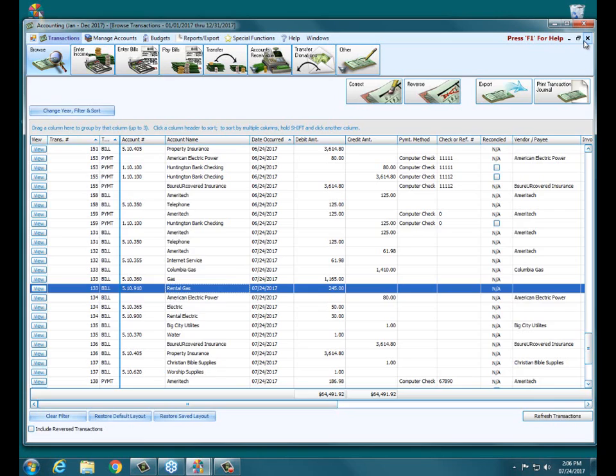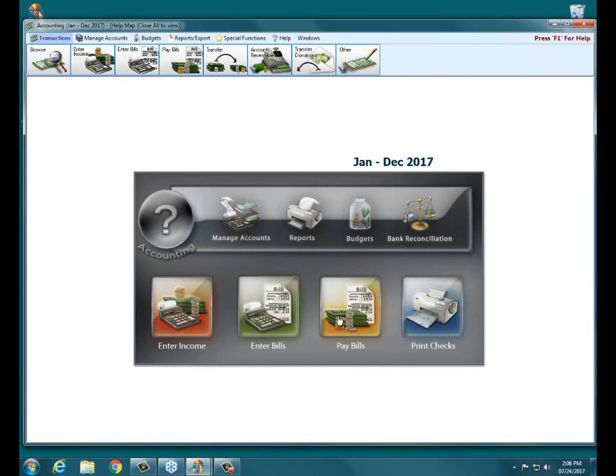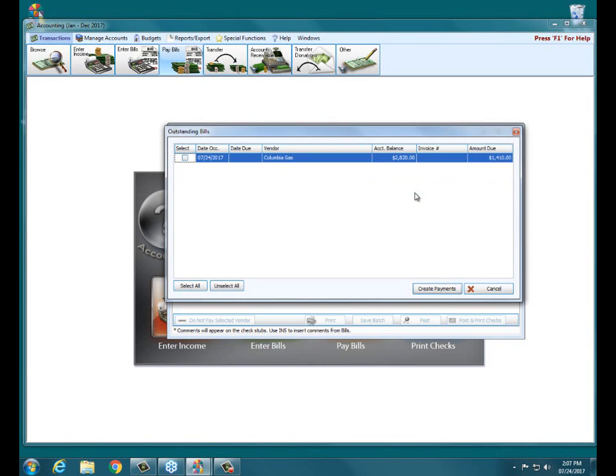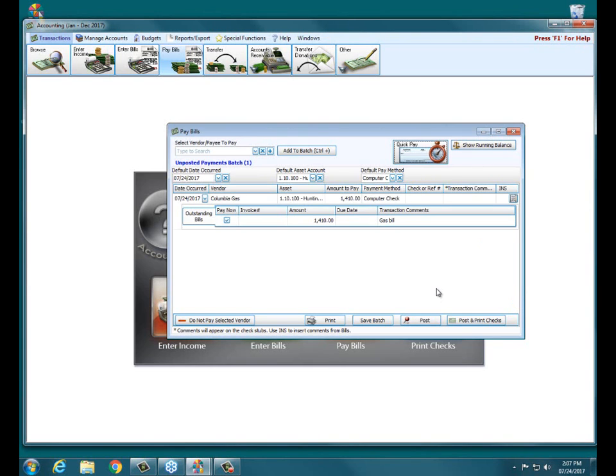And then from here, we still have the original bill entered. So then I can go into pay bills to redo the check. Since we reversed the payment, that particular bill is no longer marked as paid. So we can go into quick pay and view outstanding bills. And that particular Columbia Gas bill is there. So we select it, create payments,